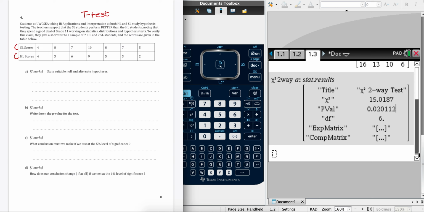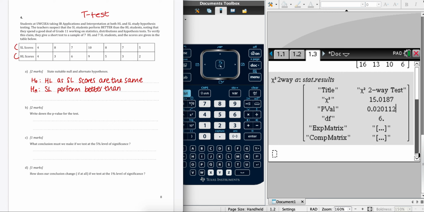So the null hypothesis is going to be the H0, and that's that they are the same, that the SL and the HL scores are exactly the same as one another. So HL and SL scores are the same. And the alternative hypothesis that we're testing is whether the SL students do better. Okay, so that's in the question. So SL perform better or get a higher score, whichever you want to use,